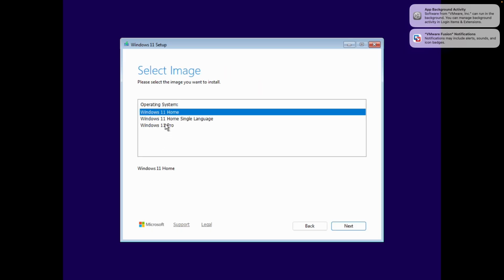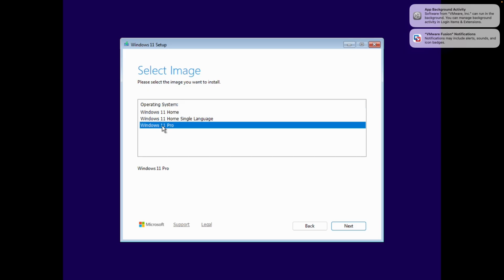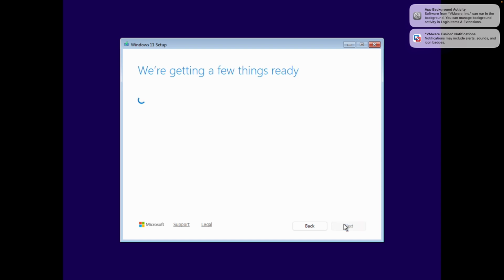And this is where it's going to prompt you what version you want to install. In my opinion, it is best to go with Pro because you're not paying for the license anyways, and it allows you to do a few more things, such as have an offline account, which is useful if you don't want to be locked into the Microsoft ecosystem. I'm going to click Next,